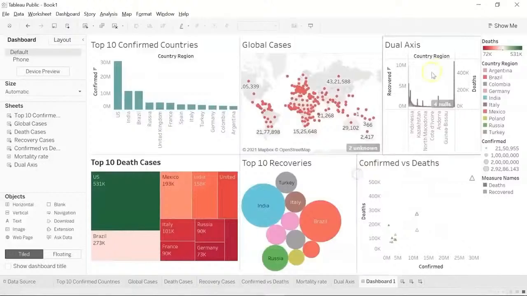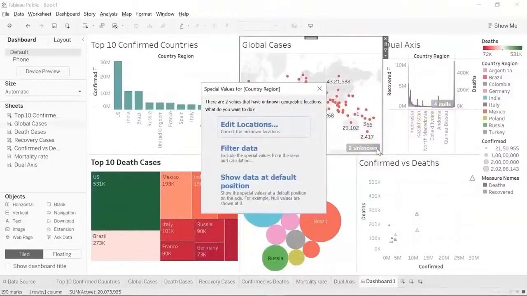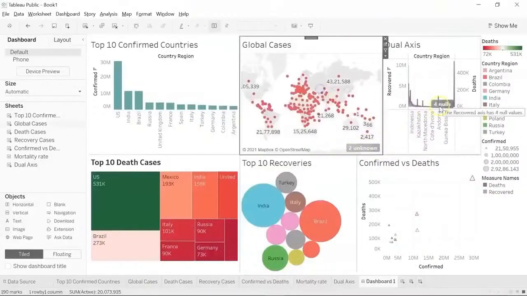Okay, so you can see here we have our dashboard ready. Now you can still go ahead and customize the dashboards in terms of adding different filters to it. We are not going to show that. Now you are getting some messages here: 2 unknown, 4 nulls. You can remove them as well, and here on the top you have the option to